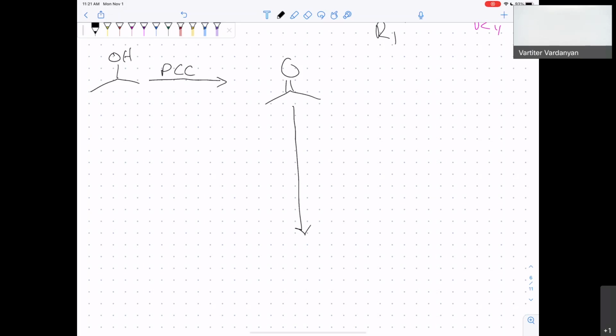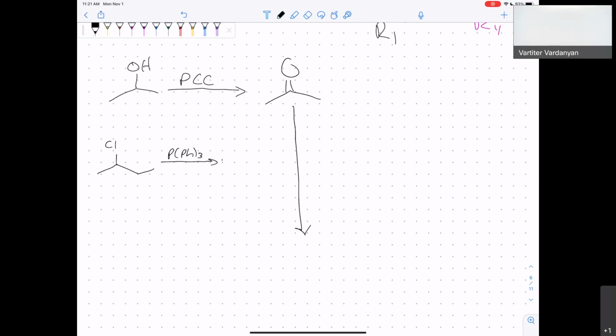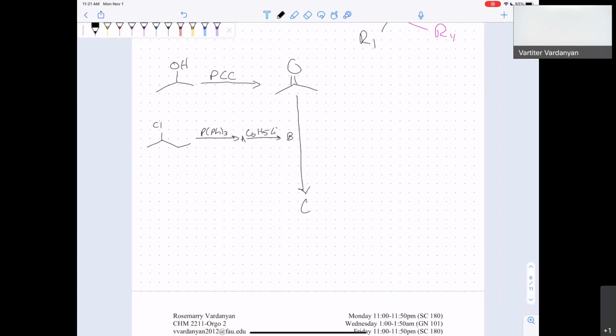PCC. Cool. Or we could use literally any strong reagent. That would also work. And then I'm going to give you something weird like this, right? Does this look like it makes any sense? No, not really. I'm actually just going to make one teeny tiny